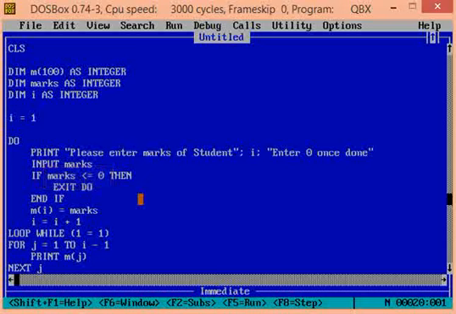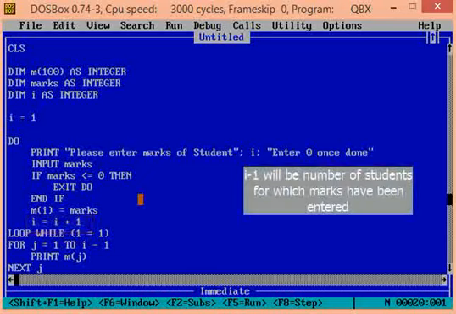If that is the case, then we break the loop by using the exit command. Otherwise, we store the marks of the ith student in the ith element of array variable M. We are incrementing I so that we can store marks in the next element.